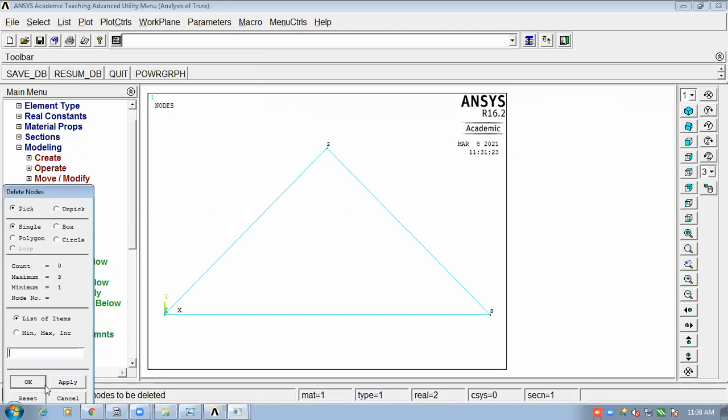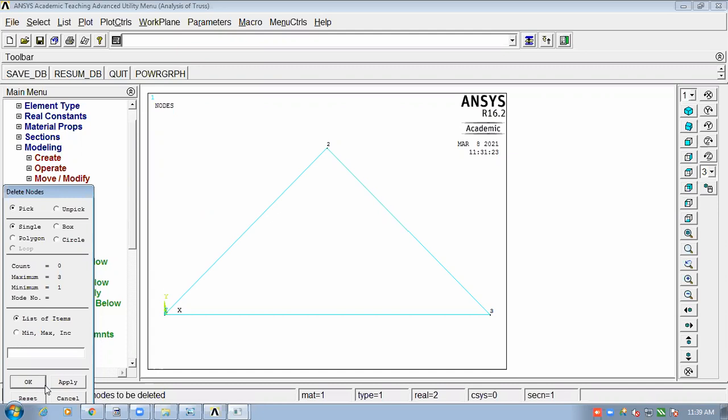Now see here, initially you have nodes and on those nodes you have elements. So if you want to delete a node, you first need to delete the elements lying on that particular node, right?